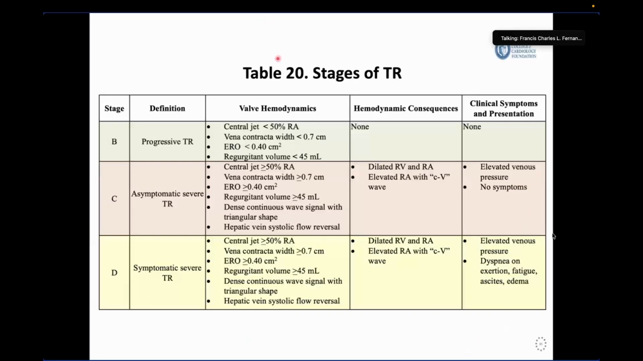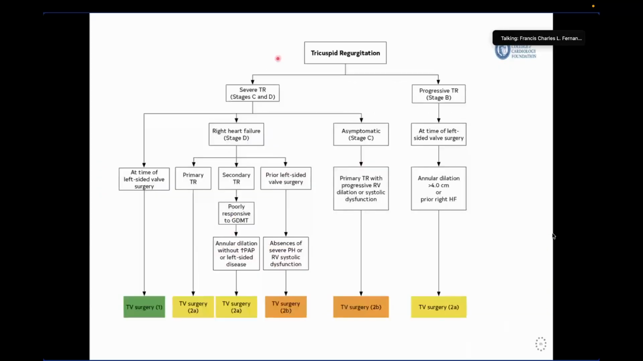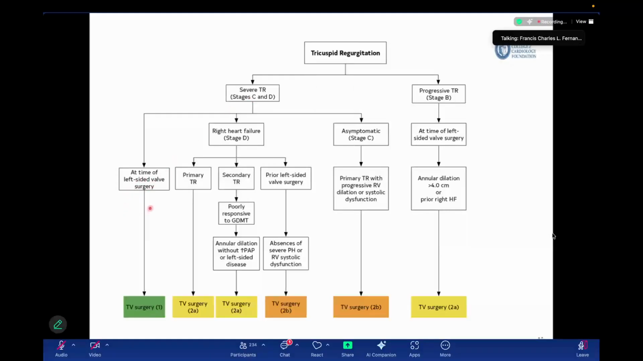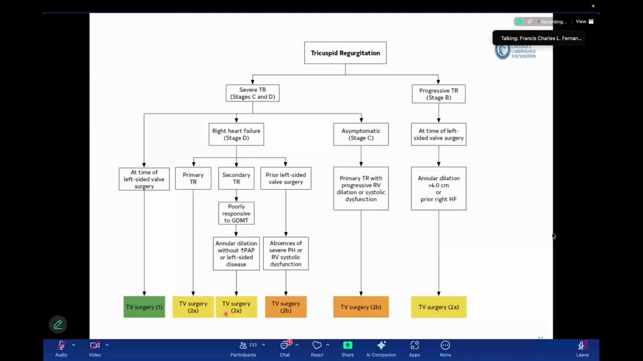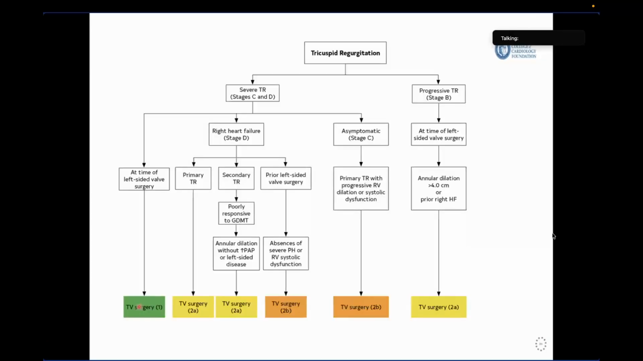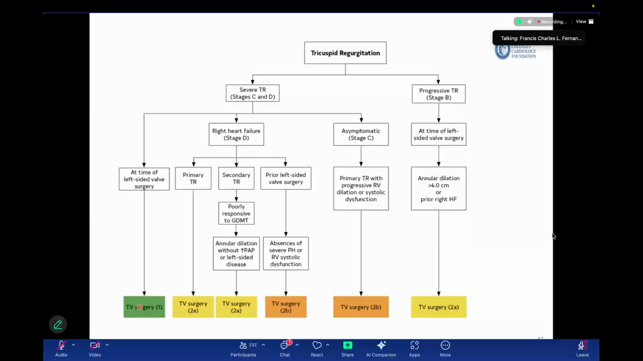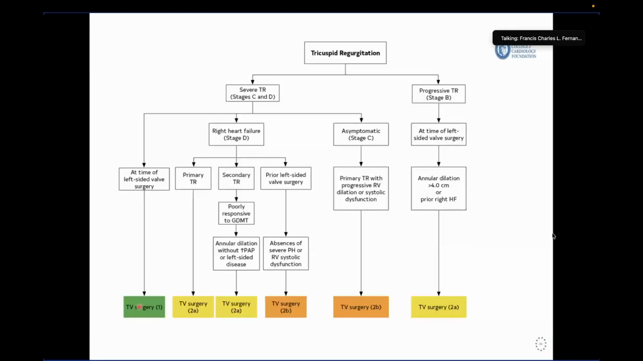Again, the stages, I shall not discuss that, but the point of valve intervention is that at any time of left-sided valve surgery, we do that. But unless you have a primary or secondary TR with more symptoms that we have to discuss with the heart team, which may have some benefit in treating the valve. But definitely when you're having left-sided valve surgery or coronary bypass, you have to repair that as well,